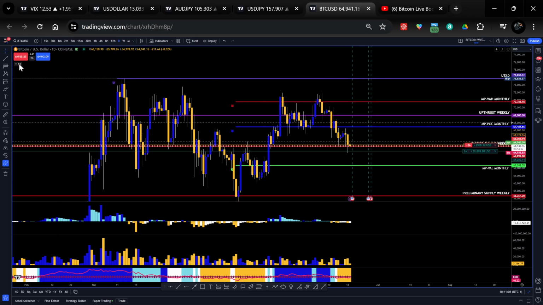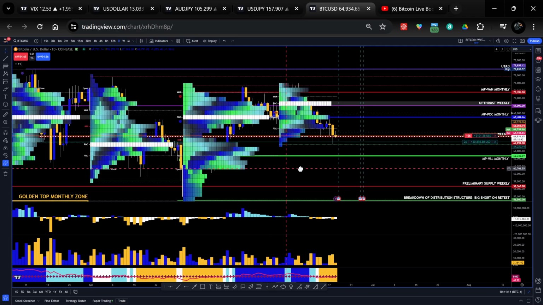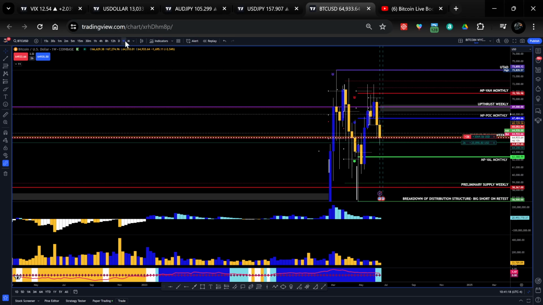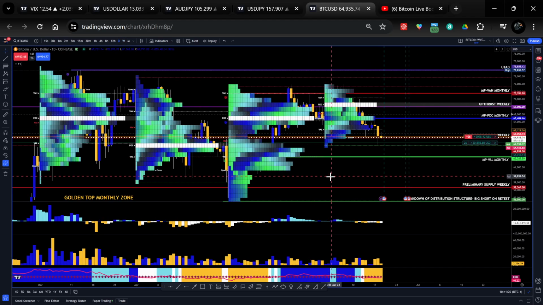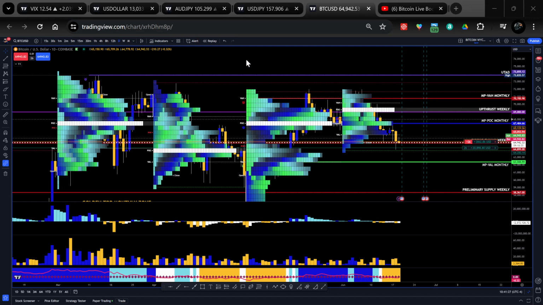So first thing I'm gonna do here is throw on these market profiles. These are the monthly market profiles here. We're on the daily chart. Let's see if we can get them on the weekly. No, we don't, so go back to the daily. This is the market profile we're working with currently. Let me just point that out. That's the value area high for the month. That's the POC, right? And that's the value area low. So you see those lines there, I have those marked out.